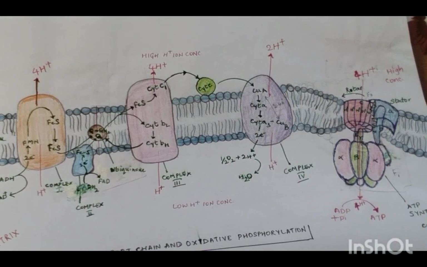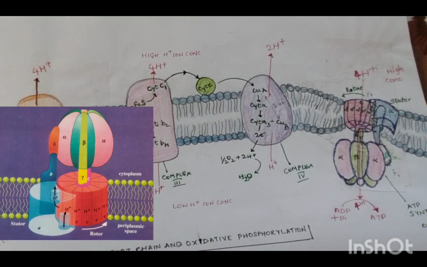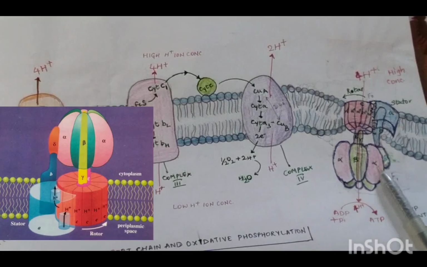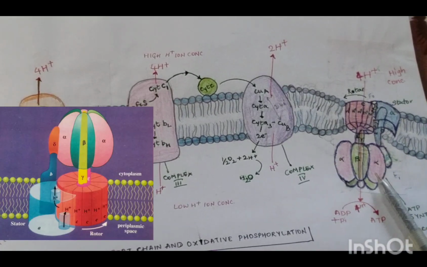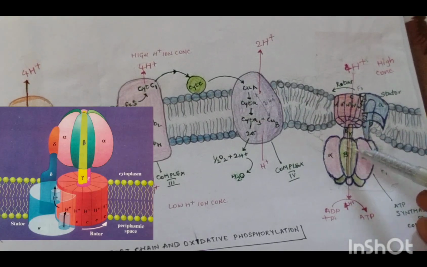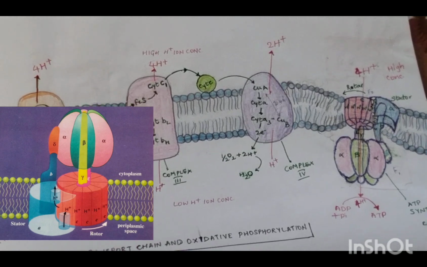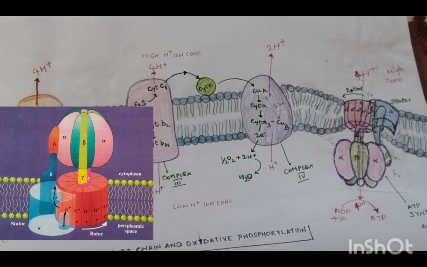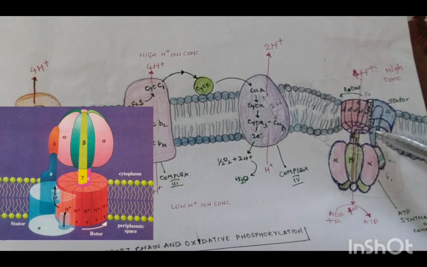The F1 subunit of the mitochondrial F1F0 ATPase is an alpha3, beta3, gamma, delta, epsilon nonamer, in which the beta subunit contains the catalytic site for ATP synthesis,